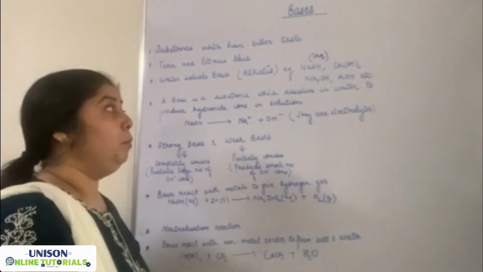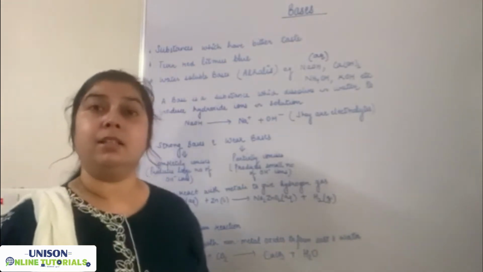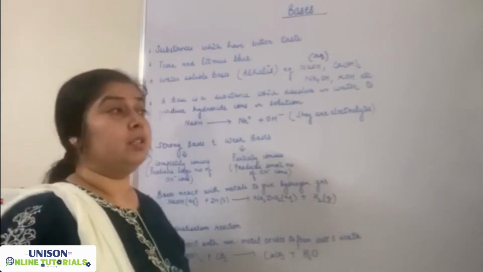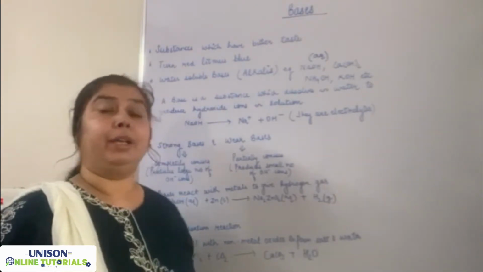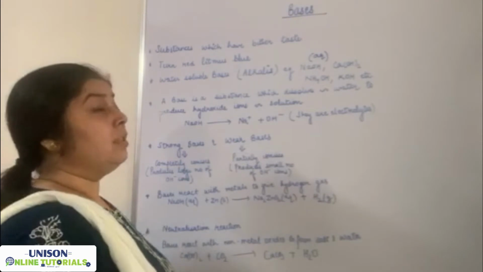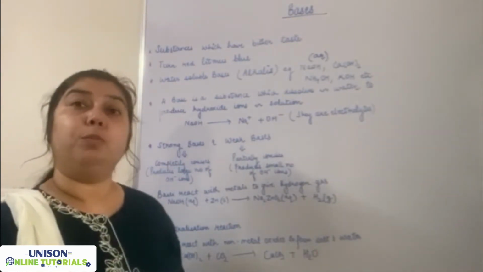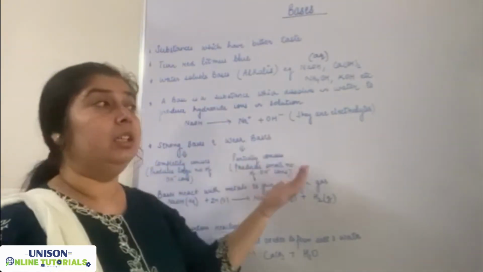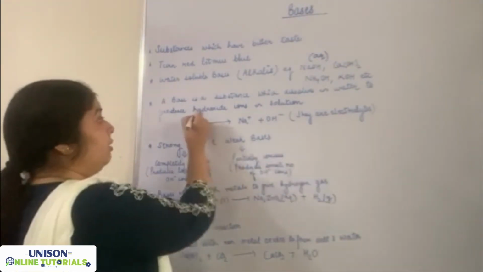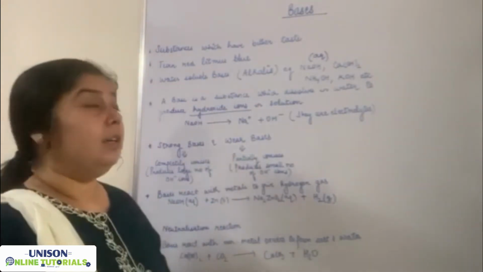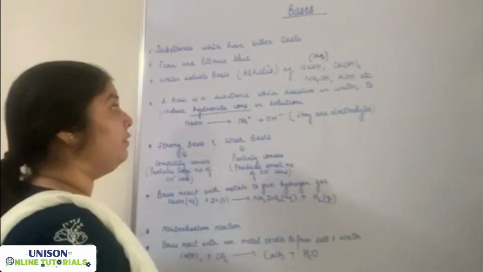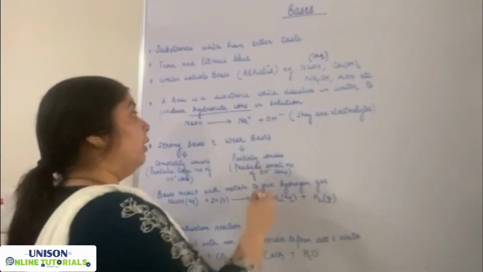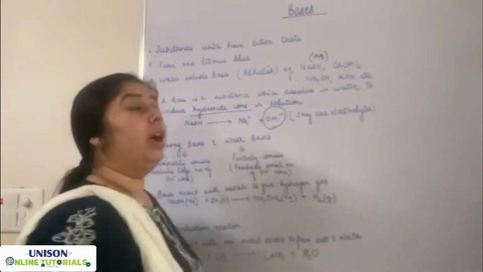The next property is very important because we have done this in acids also. What was so special about acids? They have ionizable H positive ions which then combine with H2O to form which ions? Hydronium ions, H3O positive ions. Similarly, in a base also we have another kind of ions which are known as hydroxide ions. A base is a substance which dissolves in water to give you which ion? Hydroxide ion, that is OH negative ion.